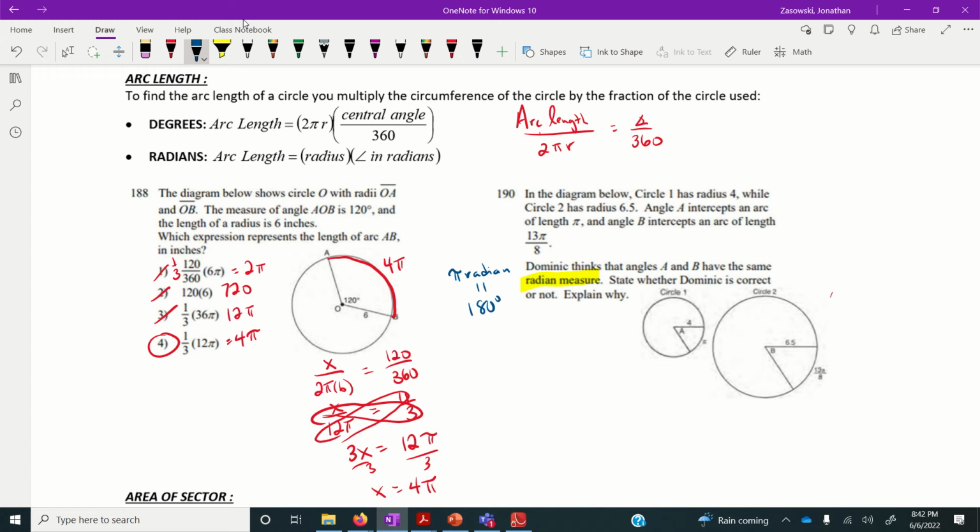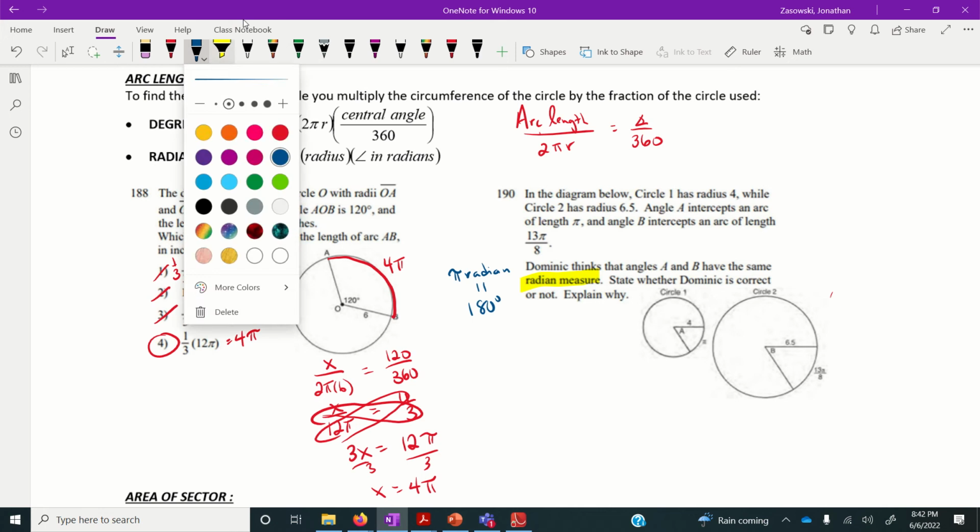So if we use our formula for arc length, remember it's arc length over the circumference equals angle over 360. Now, in the first circle, the arc length is pi. So we already know, for this question,